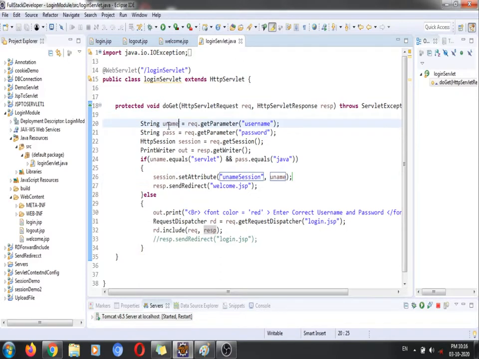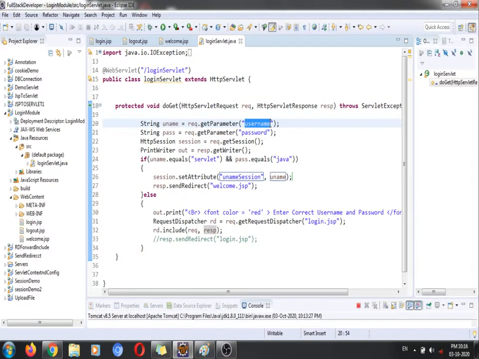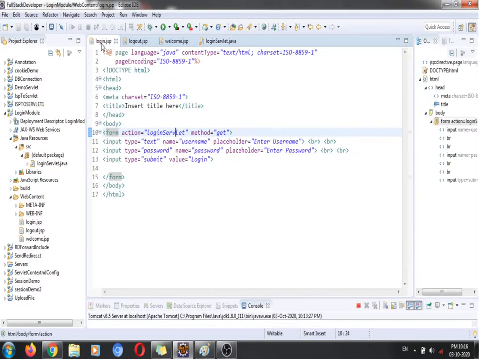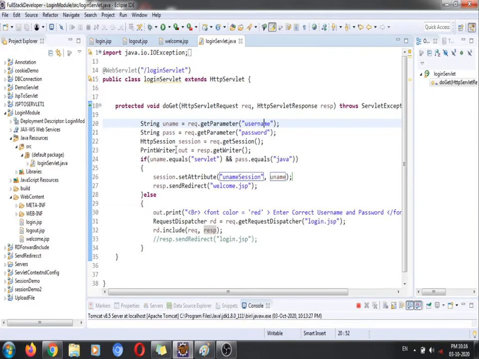This is the value. From where are we getting it? We are getting it from the username, and this username belongs to this particular text box. So we are getting these values, and now here we are going to set the session. Once the user has set this session, the user is free to use this name anywhere in his application.